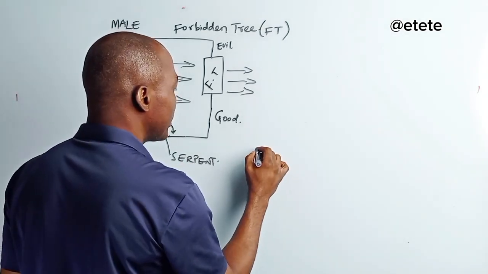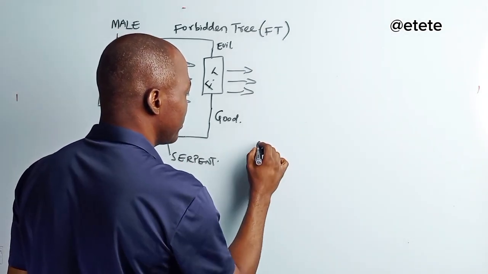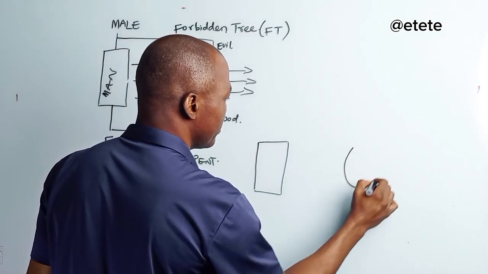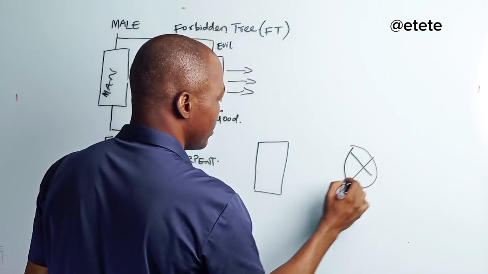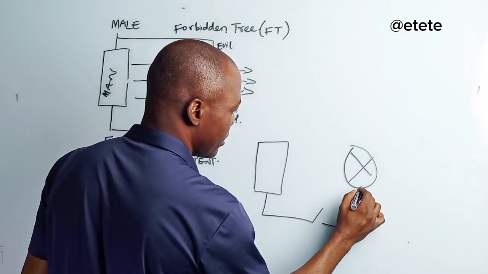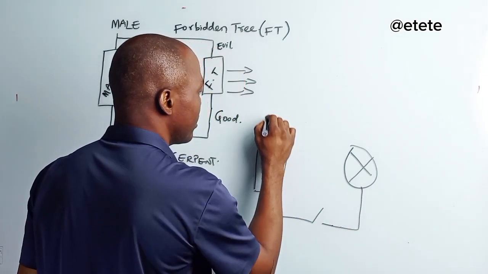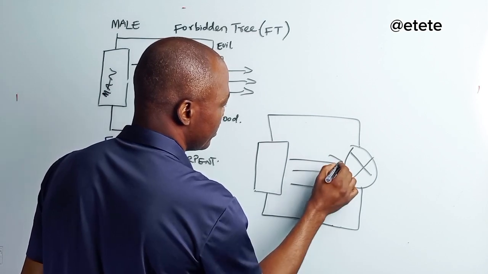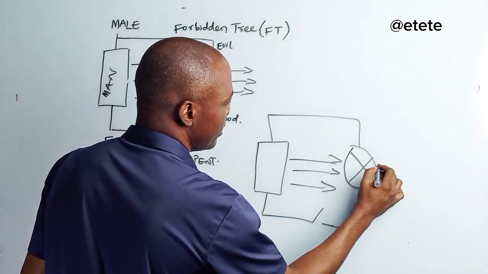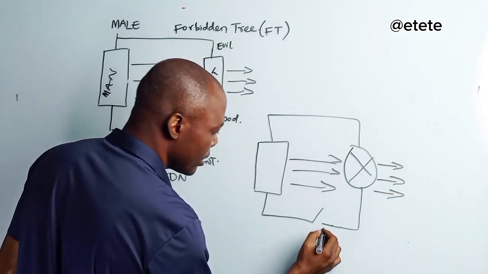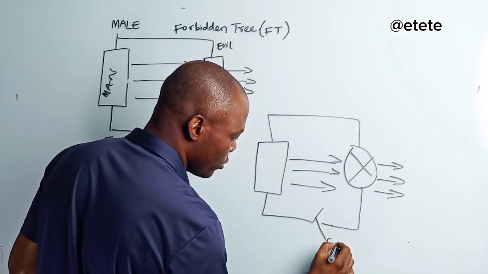Now, on this side, I have something like this. And then I have this. Just a little demonstration. Then I have this. Then I have this. And I have this. This like this. Then this like this. This one, we call it switch,